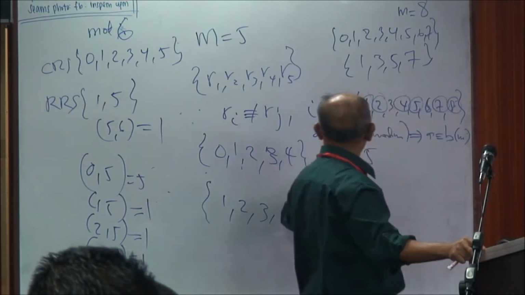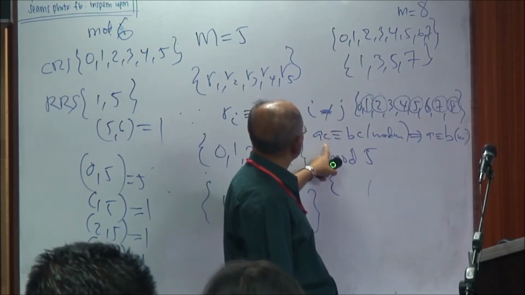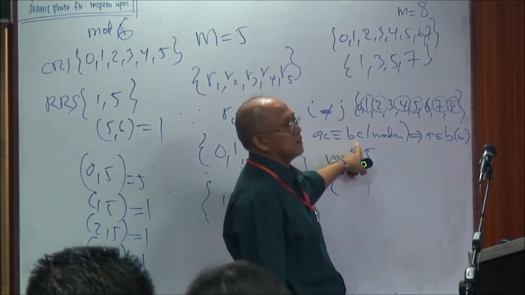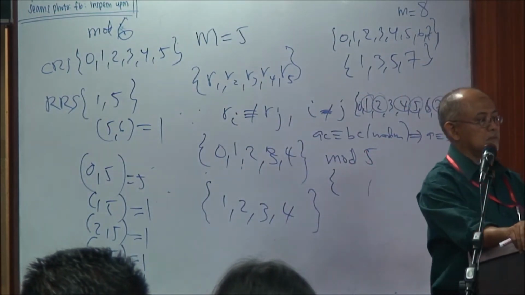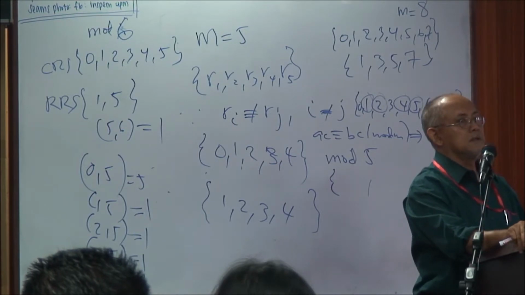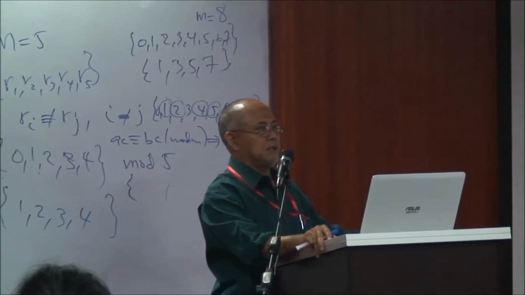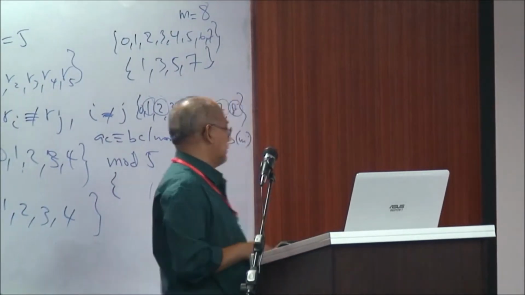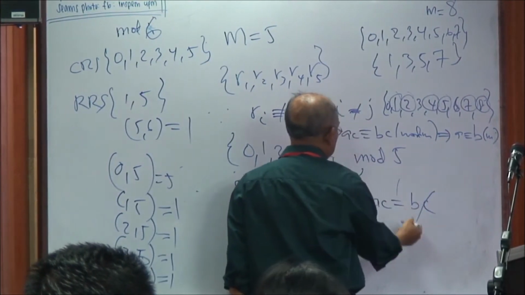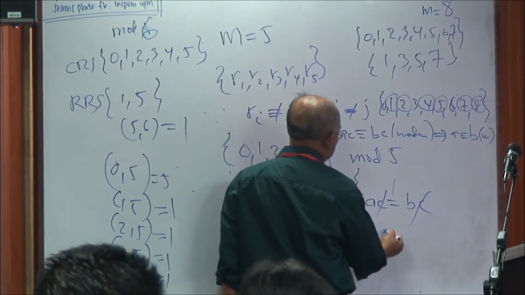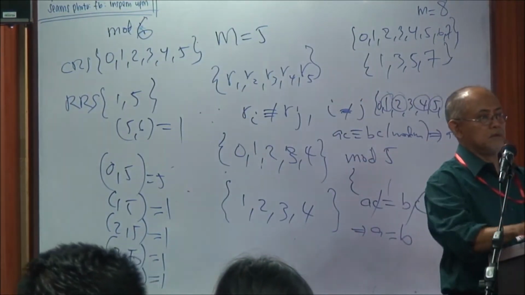So if you have this, does it imply this? So essentially we cancel out C from the congruence on each side. Can you do that? For an equation, you can, right? If you have an equation AC equal to BC, then when you cancel out C, it implies A equal to B. But for congruence,